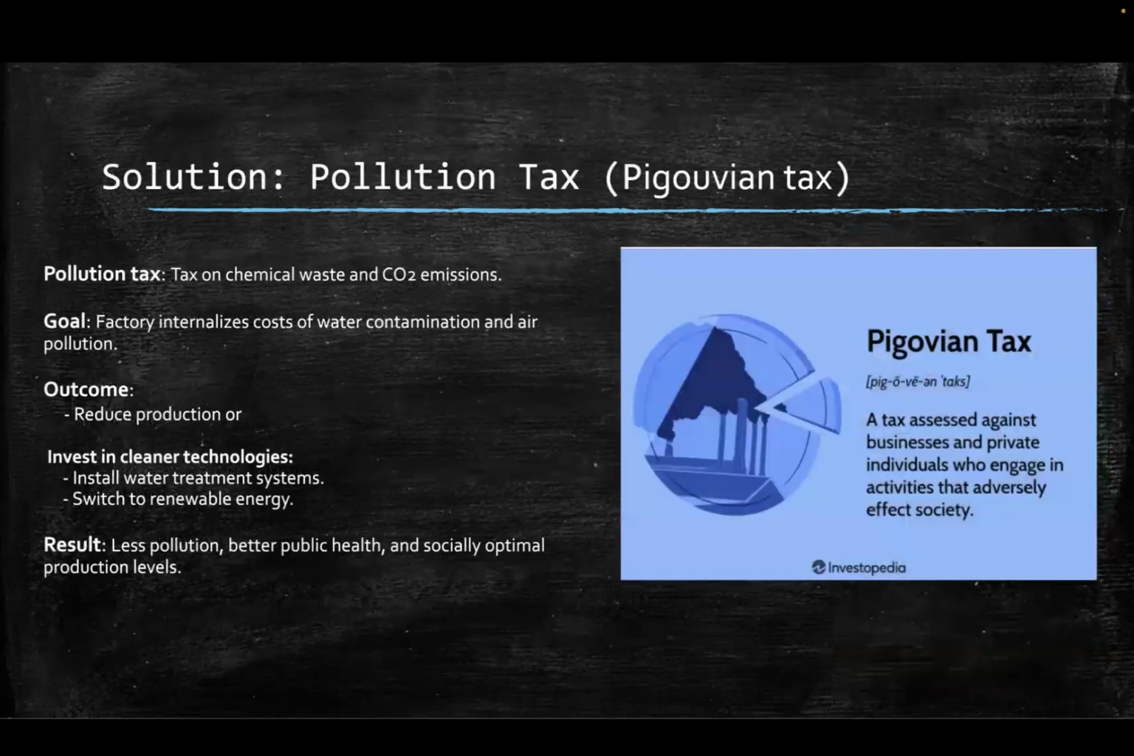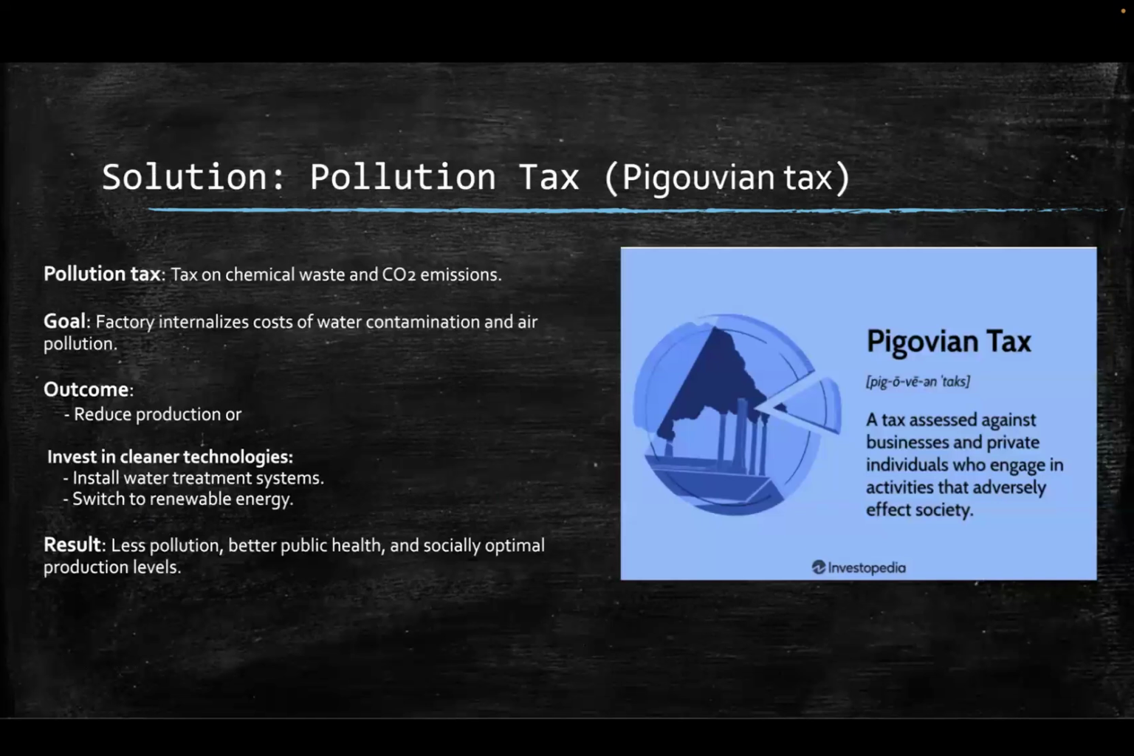As a solution, we have the pollution tax, also called a Pigouvian tax, where the government imposes a tax based on the amount of chemical waste dumped into rivers and CO2 emissions from the factory. The goal of this tax is to force the factory to internalize the environmental damage it causes, such as water